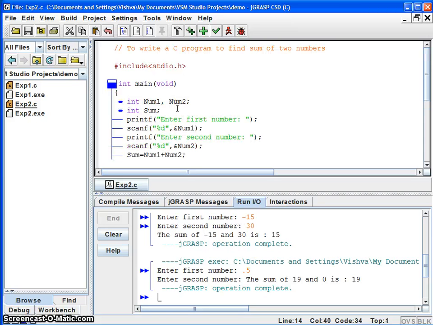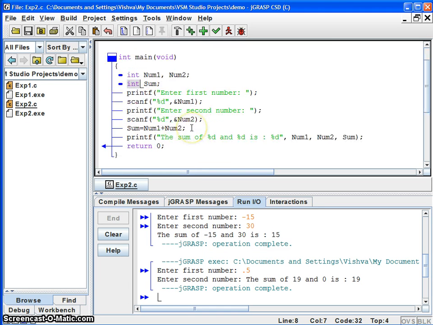Now in this program you should be able to understand how to declare a variable for a given data type, and also how to get the input from the user and save it in a particular variable. So we are getting the input from the user and saving it in this variable.